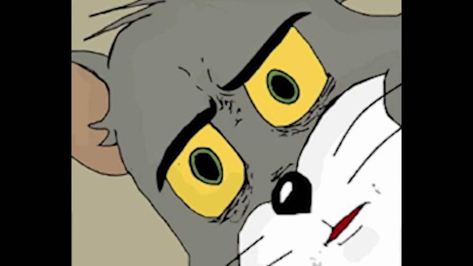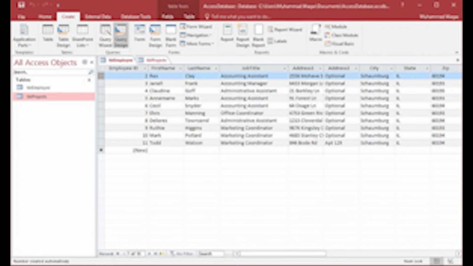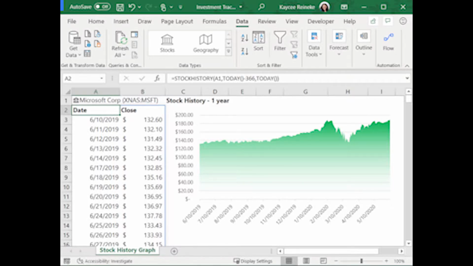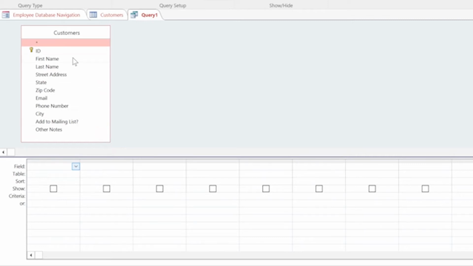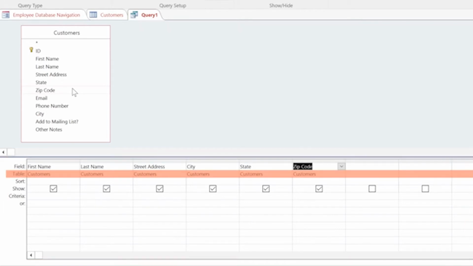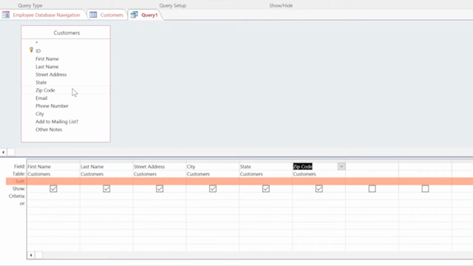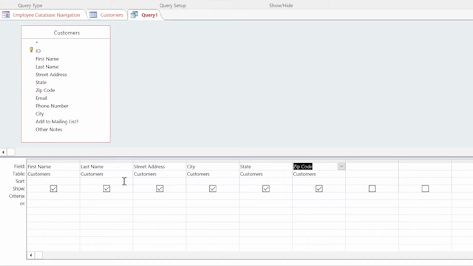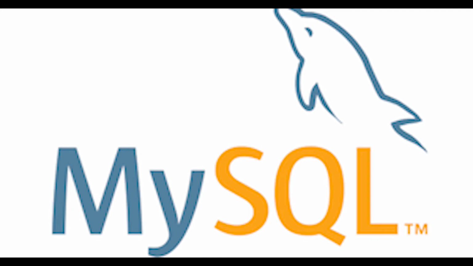At this point, you might be wondering, what is the difference between Microsoft Access, a database, and Microsoft Excel, a spreadsheet? While their function of storing information is similar, the database was created to hold much larger amounts of organized information. They also allow multiple users access to different interfaces in which they can manipulate this data in a creative way. For more precise and complicated databases, programming languages such as MySQL are used.